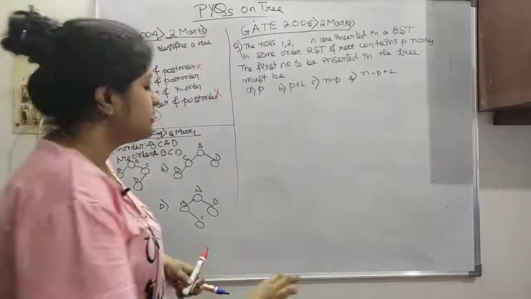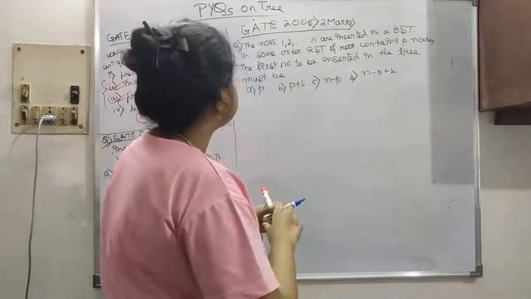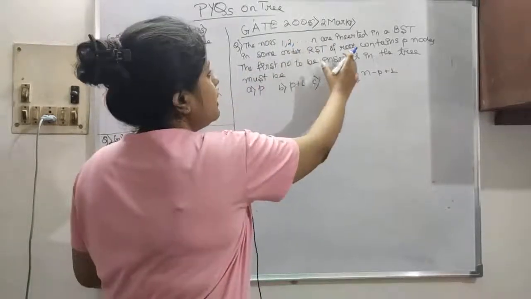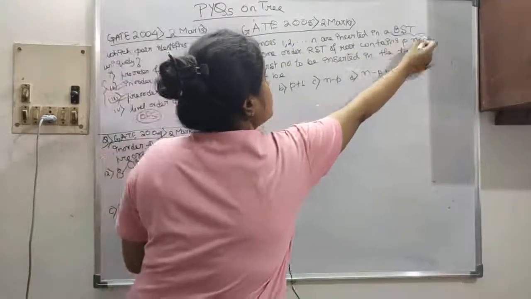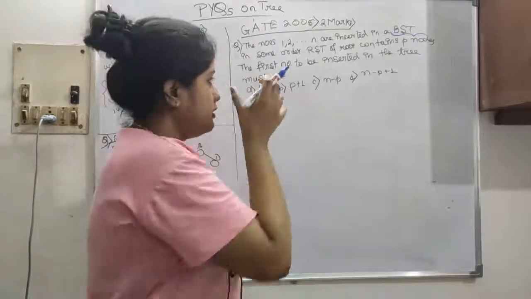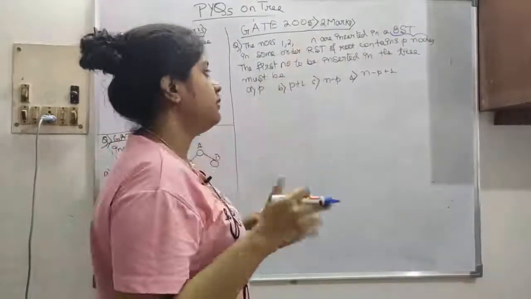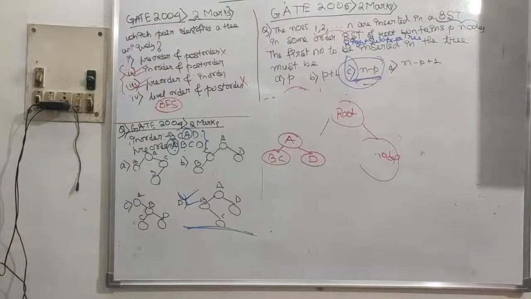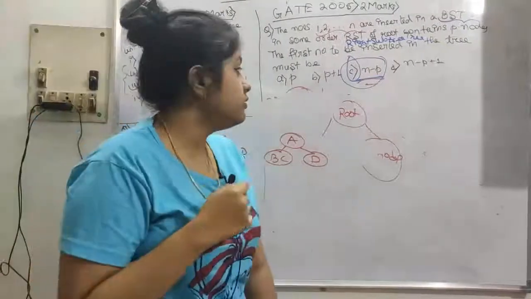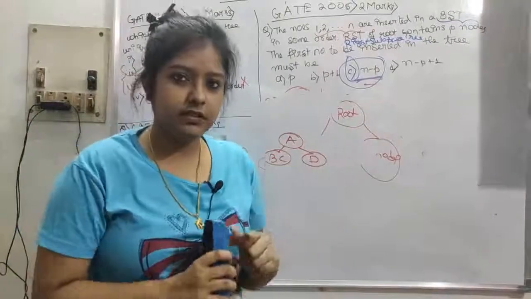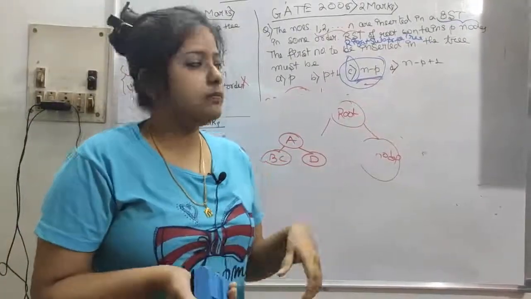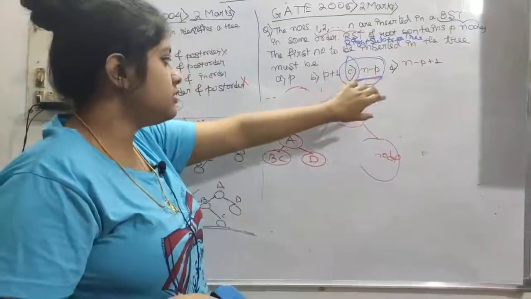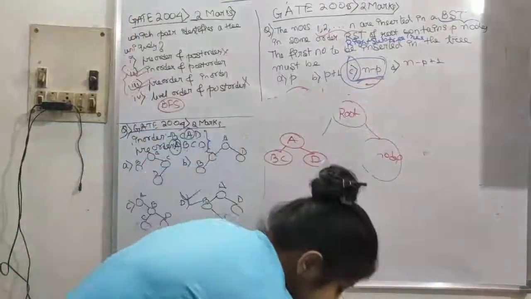So now let's see our next question here. There are the numbers 1 to n inserted into a BS tree in some order, not in this order but in some order, and sorry, so hello, my phone was creating problems, that's why I wasn't able to complete the previous video. So now let's look at the question which was left.